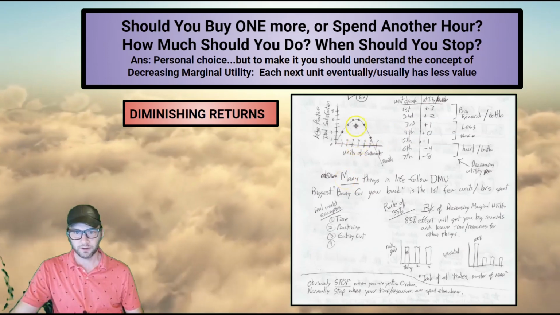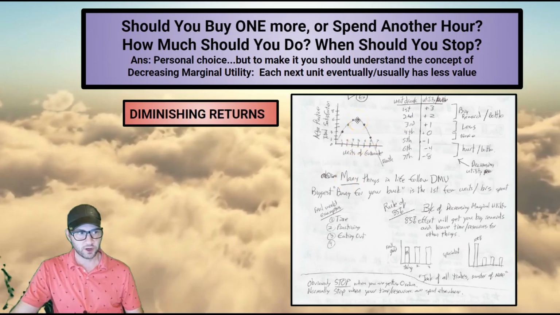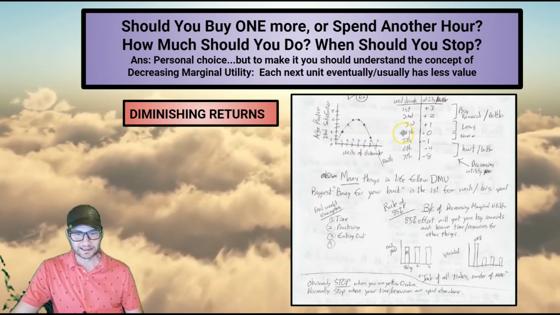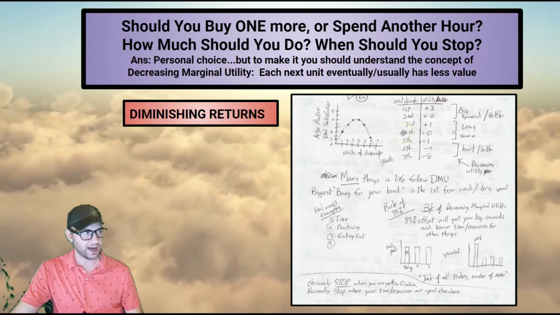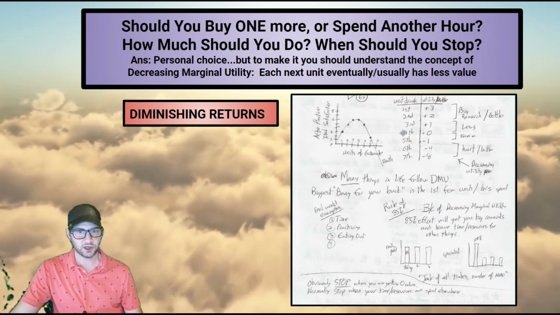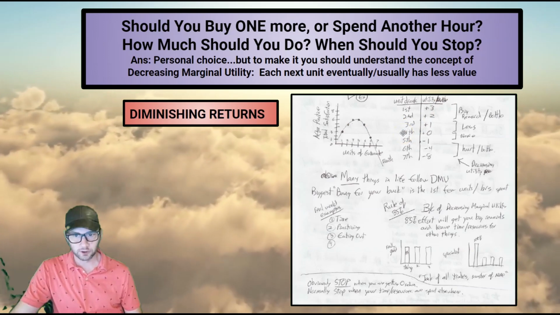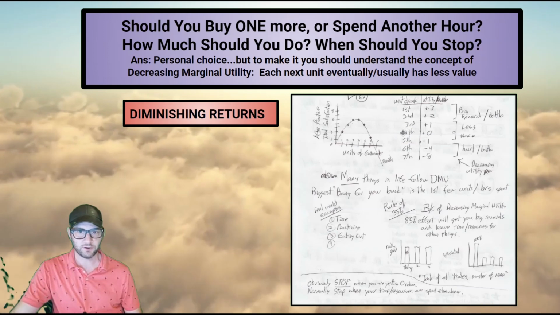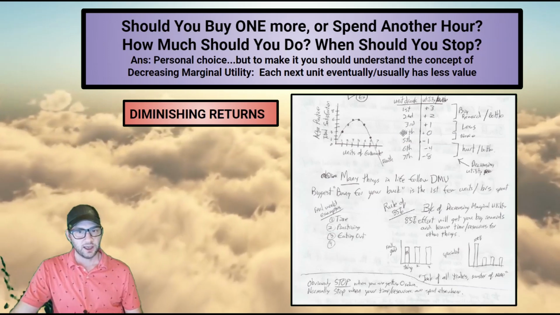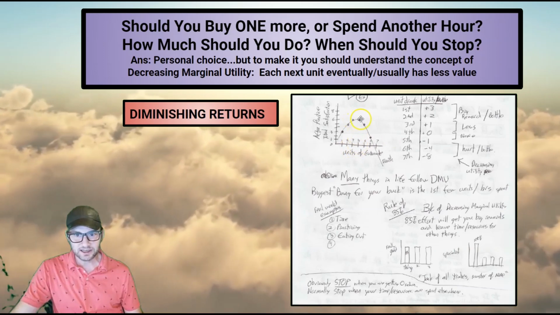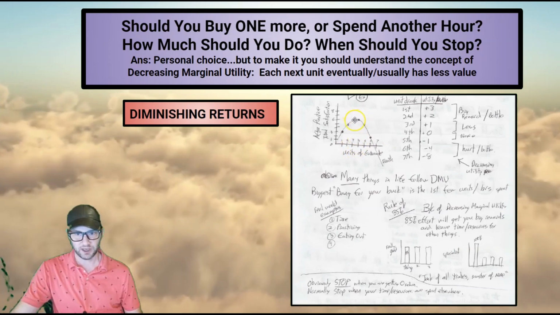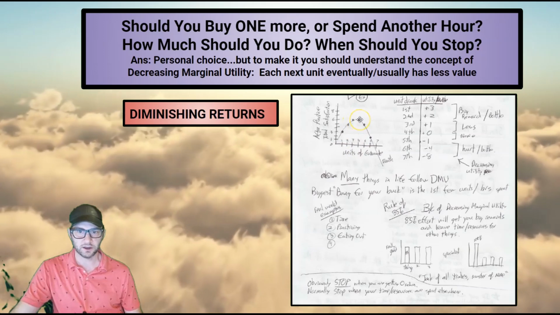So you drink a 4th. And you learn really quick what your limit was. You drink that 4th, and literally, you do not feel any better. You drink it, you finish it, and you're like, wow, why the heck did I just do that? Well, good news. You've learned a lesson. You learned 3 Gatorades after practice is the way to go. And on a graph, it looks like 3 to 4 keeps you exactly 0 extra satisfaction. And so you stay the same, and you learned a lesson, and there you go. Life's a good thing.